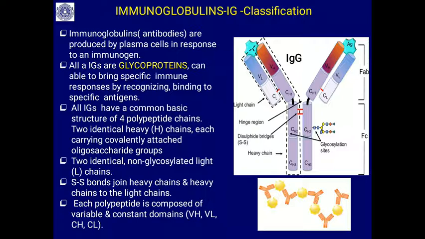All immunoglobulins have a common basic structure of 4 polypeptide chains. We have studied in detail about immunoglobulin G in my last video, so it is the same architecture you will find with the other immunoglobulins also. They have 4 polypeptide chains: 2 identical heavy chains, you know that it is about 400 and odd amino acids in this, then 2 identical light chains.